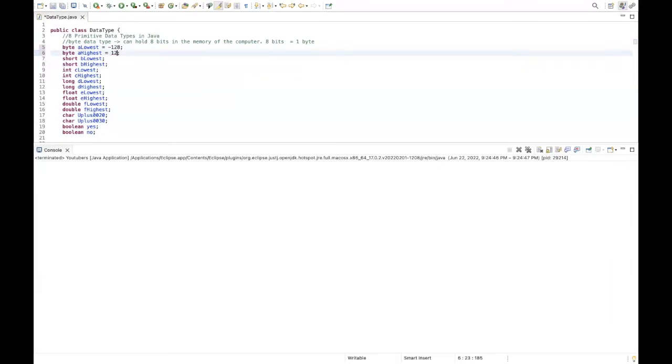So if I'm going to put 126, there's no error. In between the range of negative 128 to 127, it's a syntactically correct data value for this particular byte type data. Okay, so now let's proceed to the